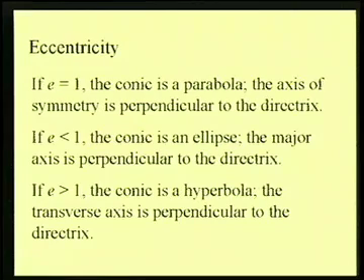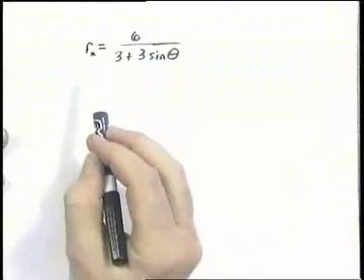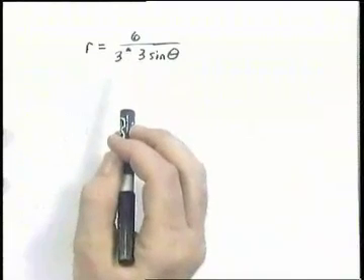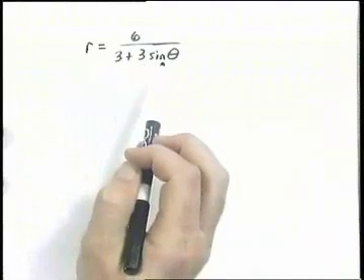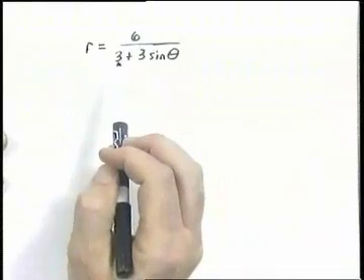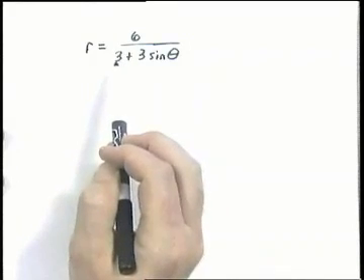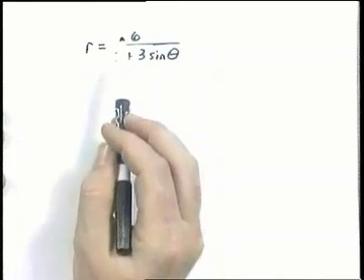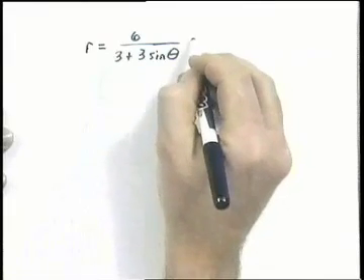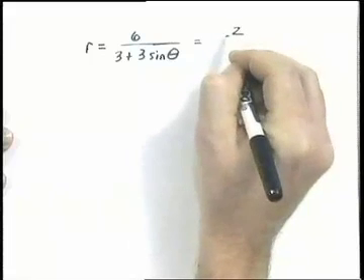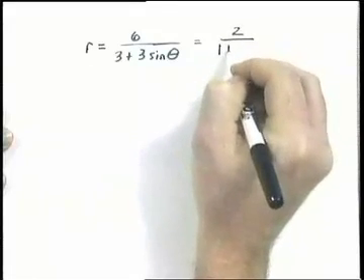So let's go ahead and do an example. We have r equals 6 divided by 3 plus 3 sine of theta. First thing we should notice is that this is not in standard form. I want this value right here to be equal to 1. I get this value equal to 1 by dividing both the numerator and denominator by 3. The result is 2 divided by 1 plus